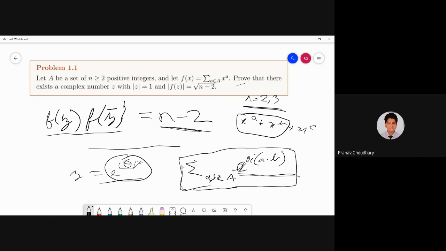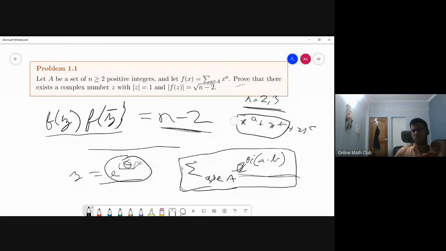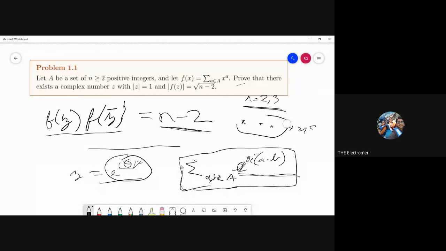Maybe then, because the base cases are clear. No, I don't see how you would induct, because it's a root 2 here. Next time it's going to be root 2, not 2. Oh, yes. Can we say that if e to the power of i theta (a minus b) exists in that sum, then the b minus a term also exists?